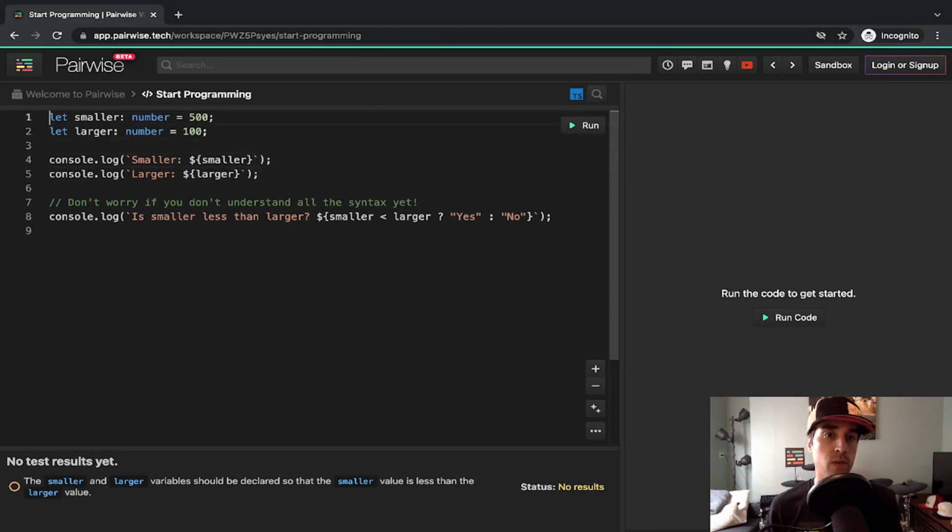So in the code editor, we have two variables defined at the beginning. They're called smaller and larger, and they both have a type of number. And then we're giving them values of 500 and 100. And then we are saying console.log, and we're passing in this string template literal right here. And so this is just logging out the values of smaller and larger. And then we have another console.log statement down here, which is using this kind of weird syntax, which is a